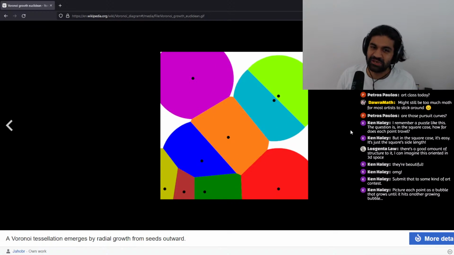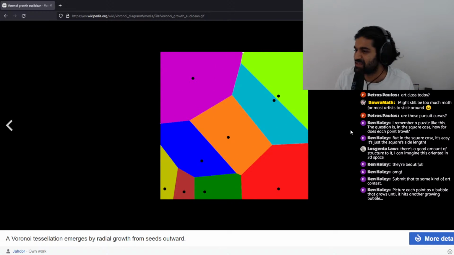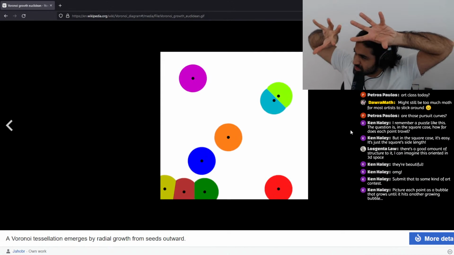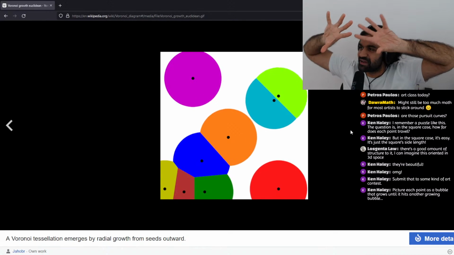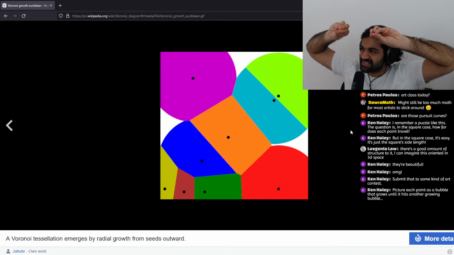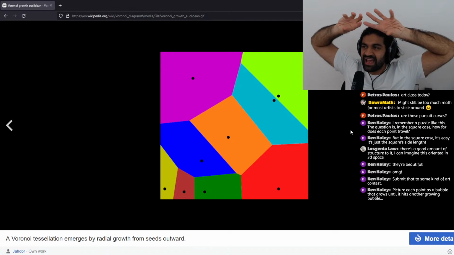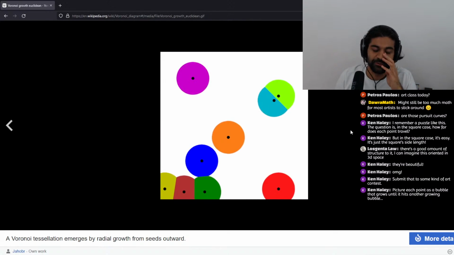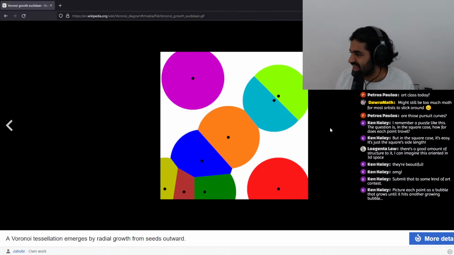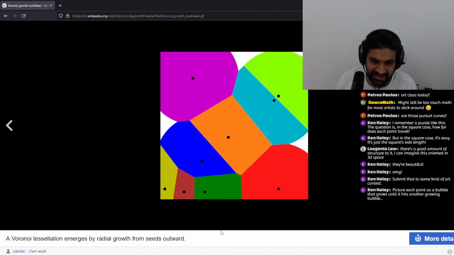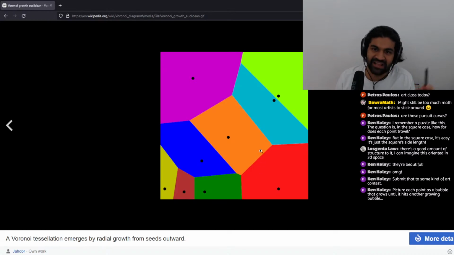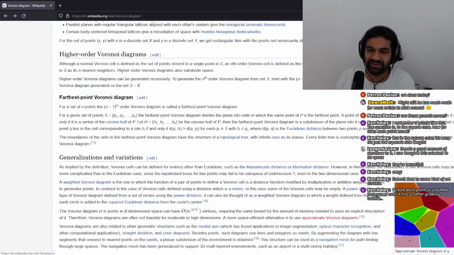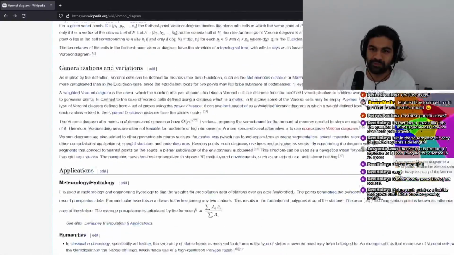As you can imagine, this would come up in nature a lot, because there are a lot of situations where you have a bunch of different points and there's a growth of some kind, a growth of some phenomenon or some idea happening at each and every one of those points. Eventually they'll grow and run into each other. That's why you'll see patterns like this in nature all the time. It comes up in the biological sciences. It also comes up when you study geography. For example, there's a neat picture of Britain